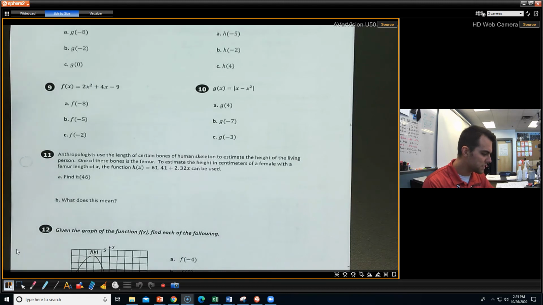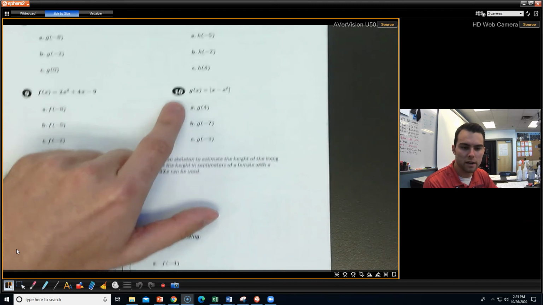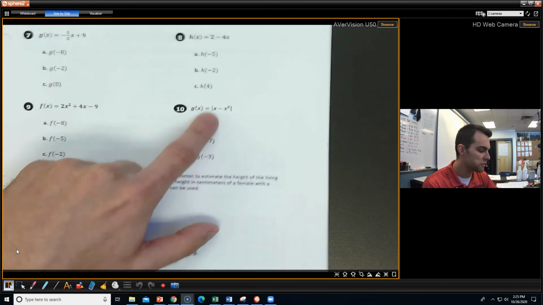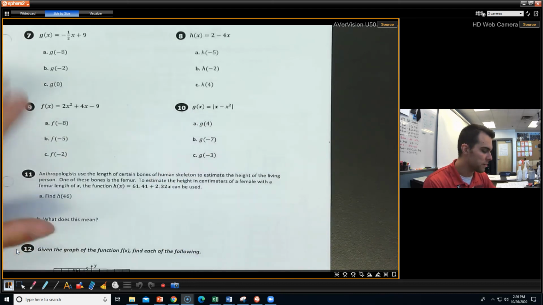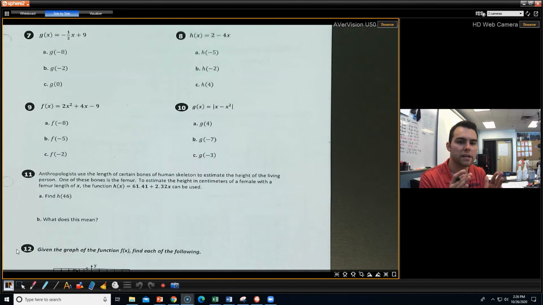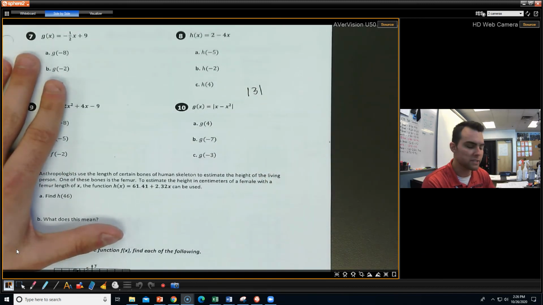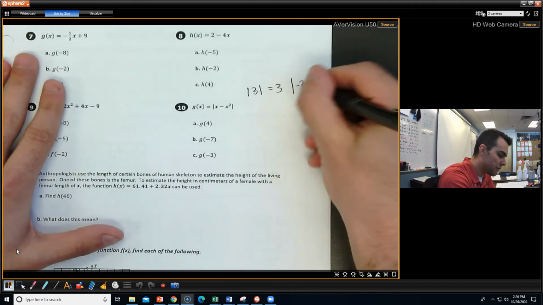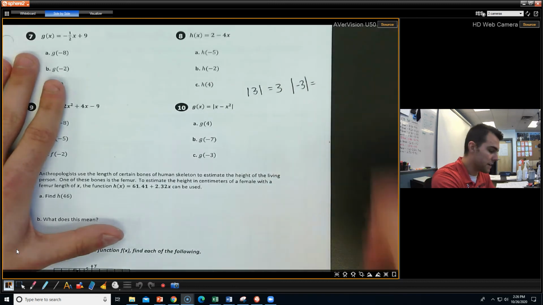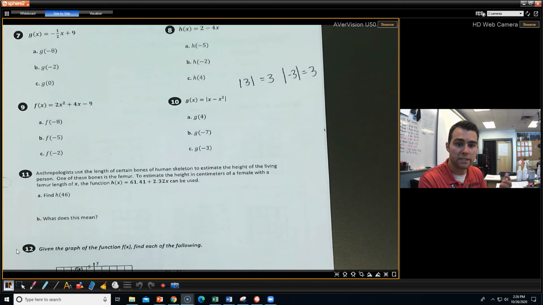And of all these guys, the one I really want to pay attention to is number 10 right here. Number 10 is kind of an oddball. First of all, this is called absolute value. So basically what it does is it makes everything inside of it positive. So if I have absolute value of 3, it's already positive, so that's just 3. If I have the absolute value of negative 3, it's just 3 again. Okay? So whatever's in here is going to end up being positive, but we have to work